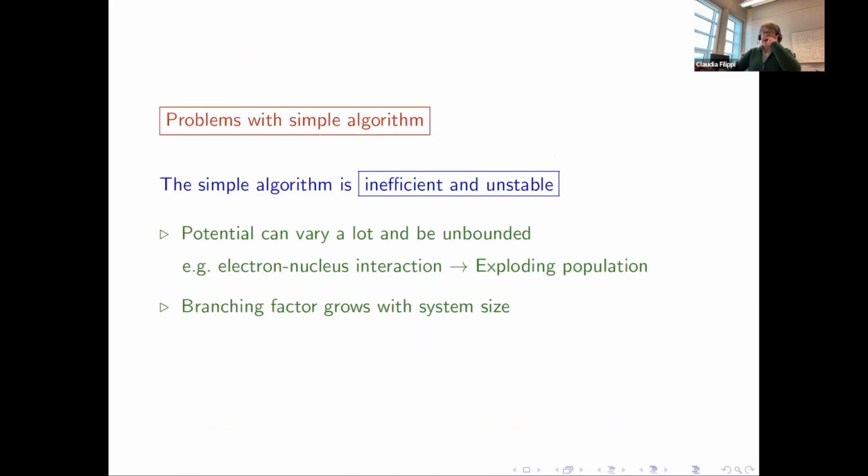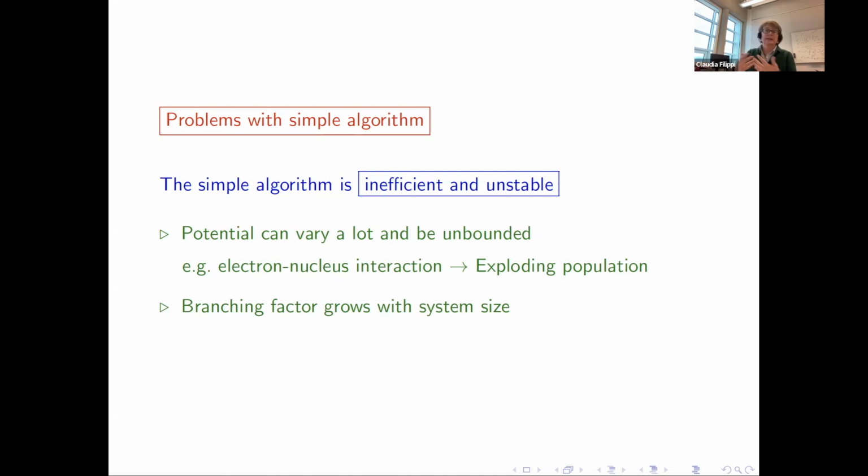So now for this algorithm, you can see that you're having some problems. And then I'm going to stop here, otherwise I go too much. This algorithm is very inefficient and very unstable. The problem is that, as we discussed before, the potential can vary a lot, and can also be unbounded. It can go to plus or minus infinity at the electron-nucleus coalescence.